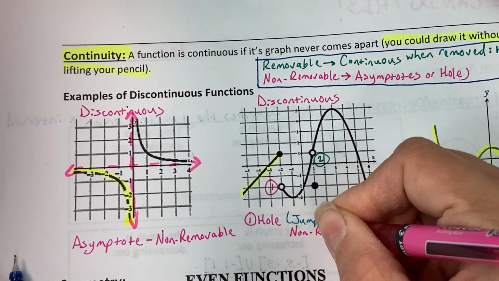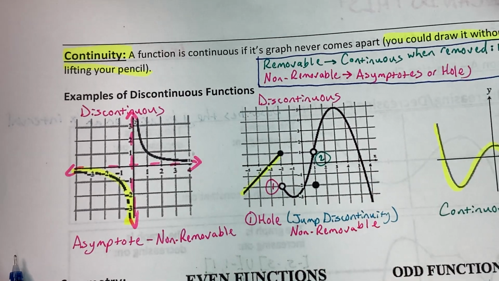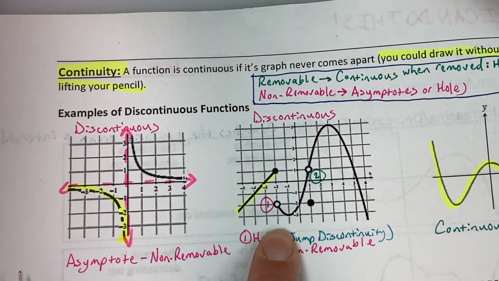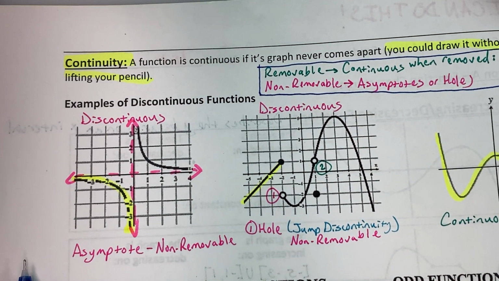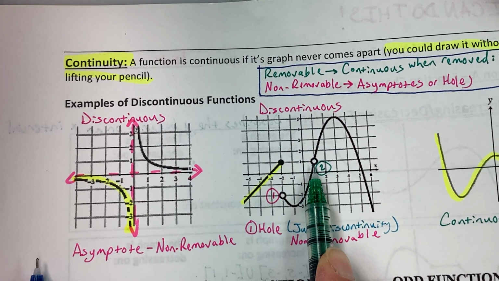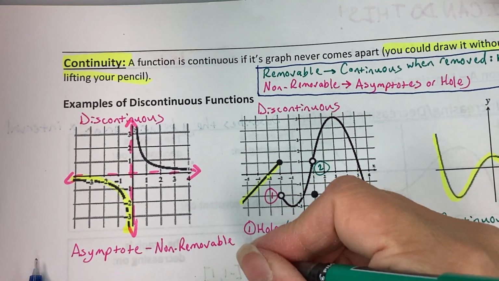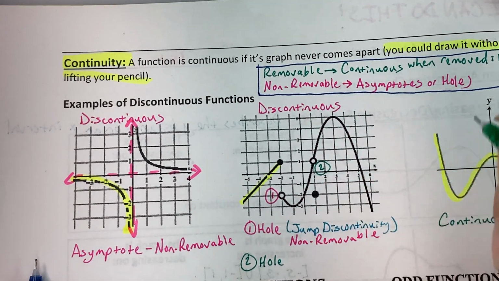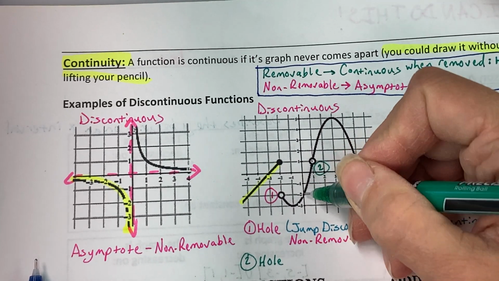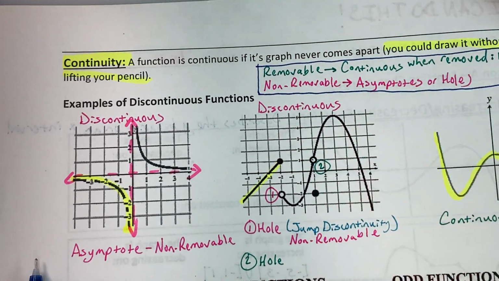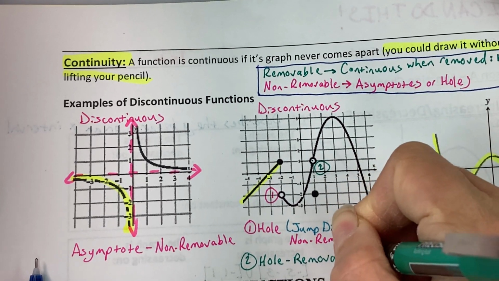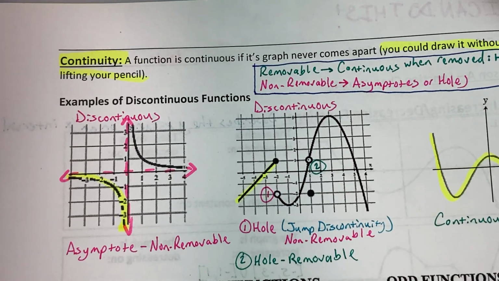So a hole that is non-removable. Because even if I were to fill in that dot, there would still be a jump between these two function pieces and it wouldn't be continuous. Now, my second discontinuity is this open dot or hole at location number 2. Now, this hole we would classify as removable because if we were to define the function there, I would be able to draw that with a smooth curve at that point. So that second hole is removable. And our last function is continuous, so there are